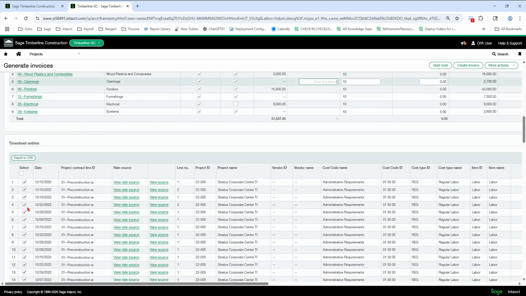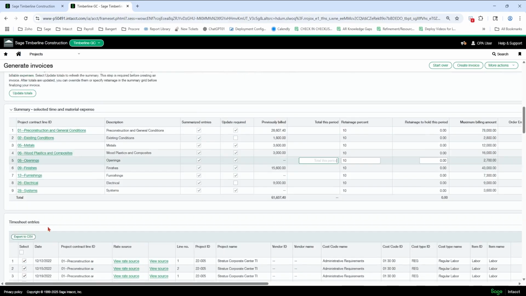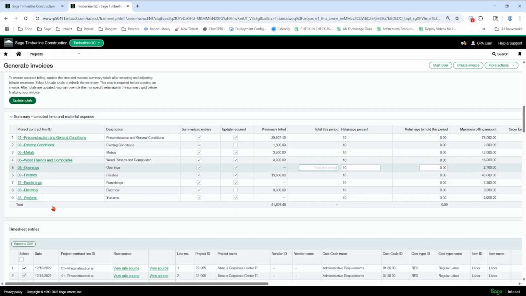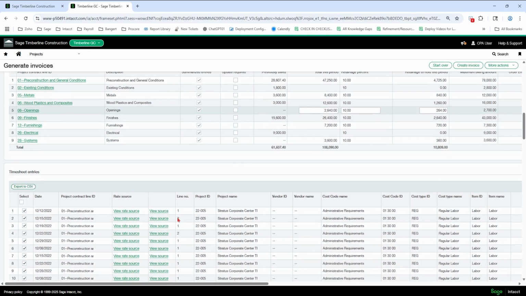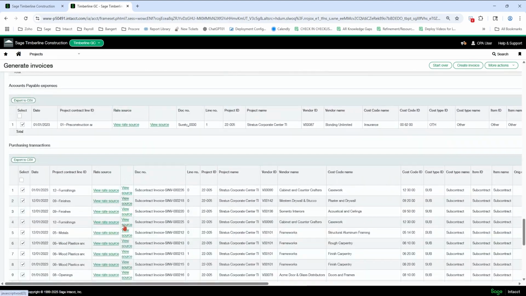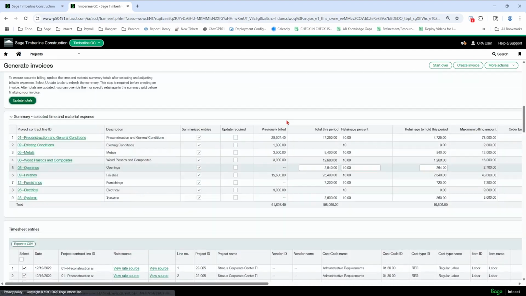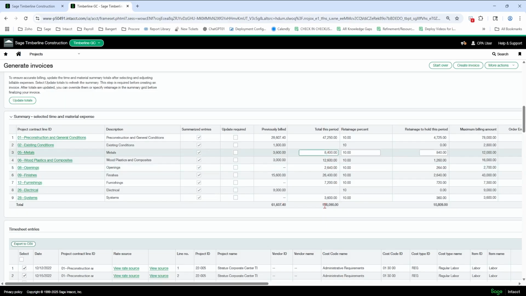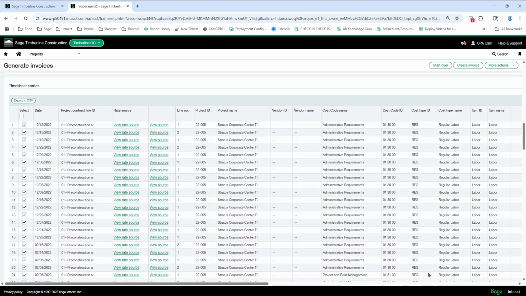So all of these checkmarked boxes down here below are all of the entries in the system. And it's a time and material based AIA. Okay, so all of these entries, it's selected all. Okay, so I didn't unselect any yet. All of these then just updated into complete total this period. So all the stuff below equals that. It added the fee to it. It added the rate per hour.